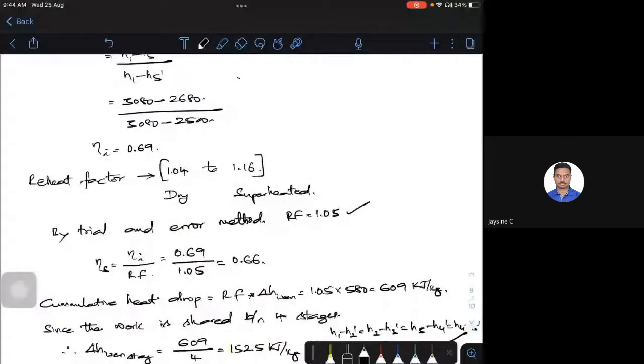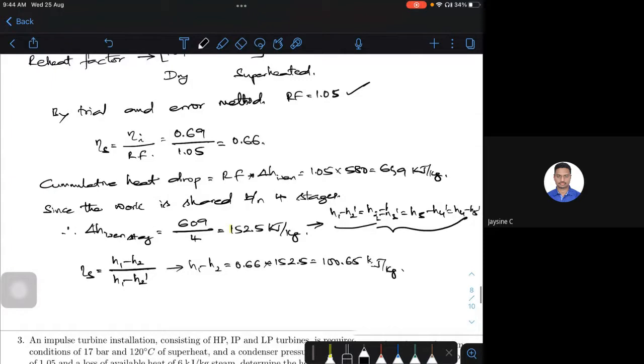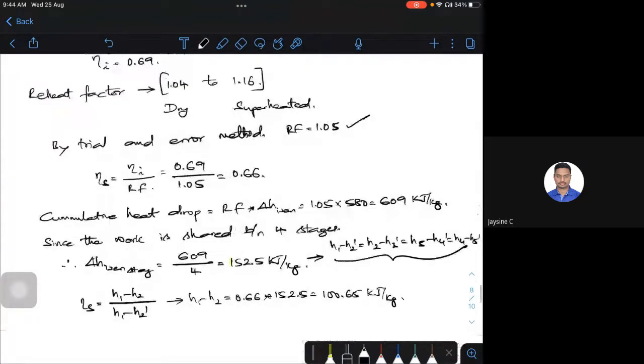If I take a reheat factor of 1.1, then things are going to change. So I told you that the reheat factor can be obtained either by drawing the plot using the trial and error method, or by making an assumption between 1.04 and 1.16. So from these two methods, I'll be able to get it. Whatever efficiencies we look into, we apply them and get these numbers. Is that clear? There are a few more problems in your